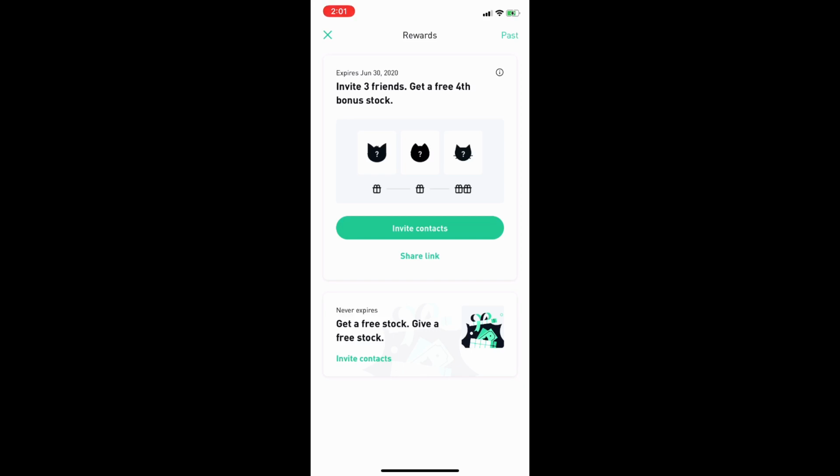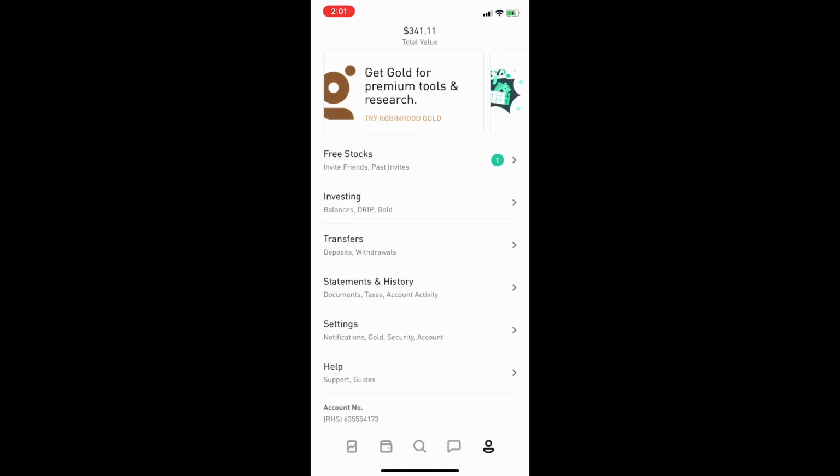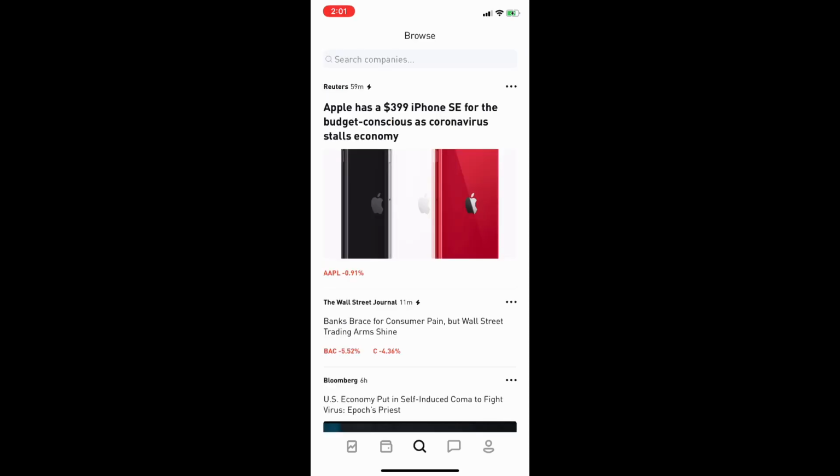Now, you're not able to sell that share back into the market for 3 days, and you can't pull the cash out of your Robinhood account from that free share for 30 days. Those are two notable disclaimers. But that is a basic guide of how to do buying stocks in Robinhood and using